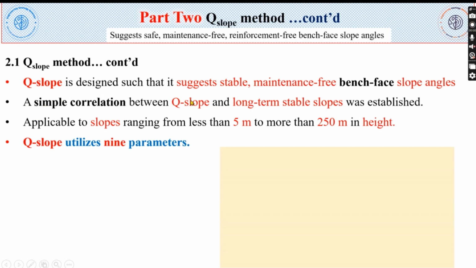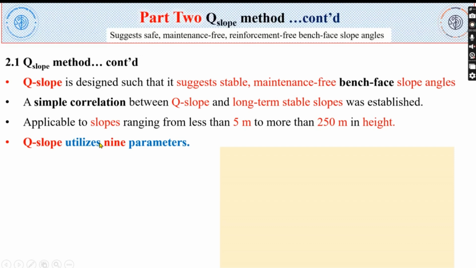This Q-slope is developed based on a simple correlation between Q-slope value and long-term stable slopes. So Q-slope is a method that is developed based on the correlation or relationship between the Q-slope value and the long-term stable slopes of various projects. It is applicable to slopes ranging from 5 meters to more than 250 meters in height, and this correlation developed